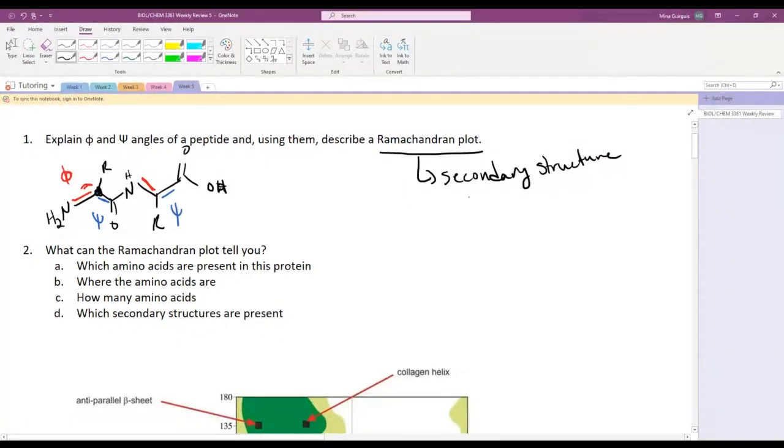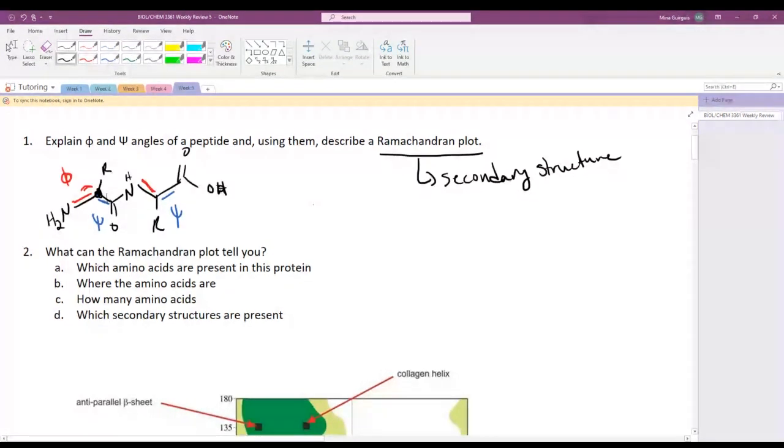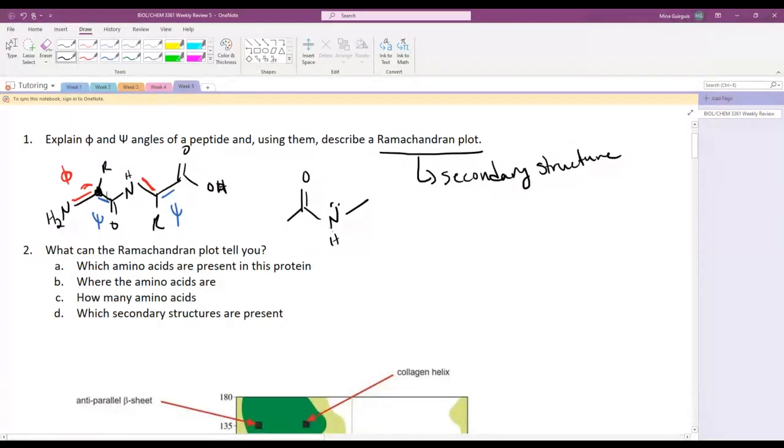Okay. And I'd like to spend a little bit more time here discussing the peptide bond, because I think it's one that a lot of students ignore a little bit, but it is pretty important. So just very briefly, and I'm just going to do that as a general bit, the big part of this peptide bond that makes it a little bit unique is the fact that this nitrogen,